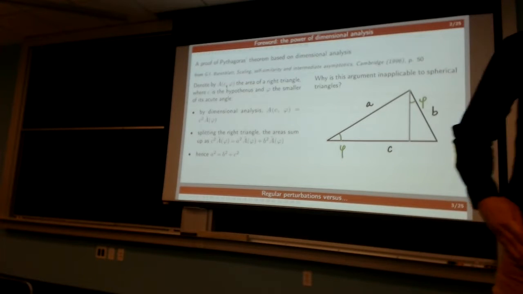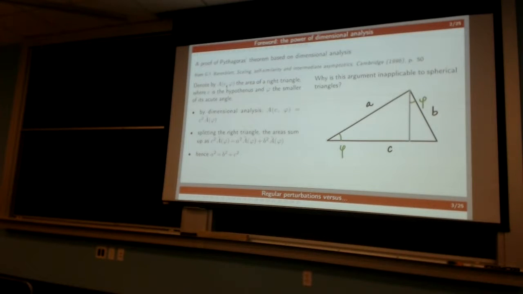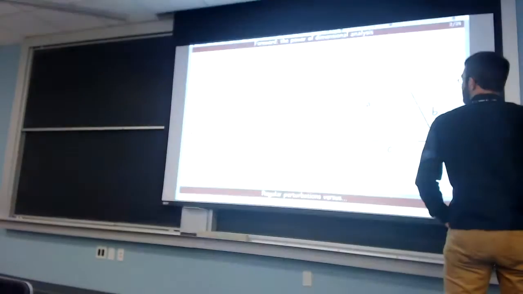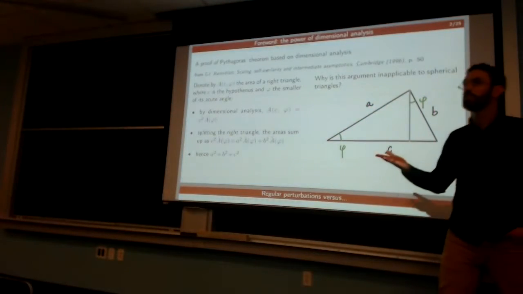And I have a question for you. So what gets wrong here? What is wrong here if I move now to spherical geometry and the triangles are written on the sphere? So what part of the argument fails? What do I need to change? Because you know that Pythagoras theorem does not hold for spherical geometry. So what would be wrong? Guess would be as a function of more than just one angle, and then Exactly. What? Yeah. So what? It's a function also